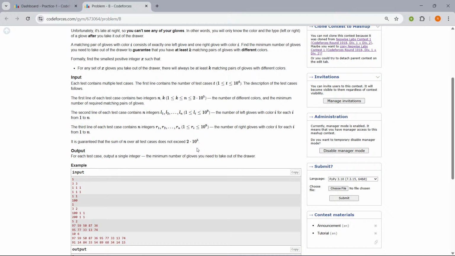So what can we do here is, for example, if I pick a color, I can take L of i plus R of i gloves, and I'm guaranteed to have a pair for that color. But if I take max of L i, R i, I'm not guaranteed, that is, 0 pairs are there for that color.